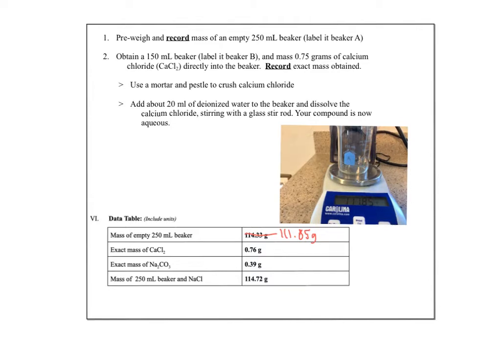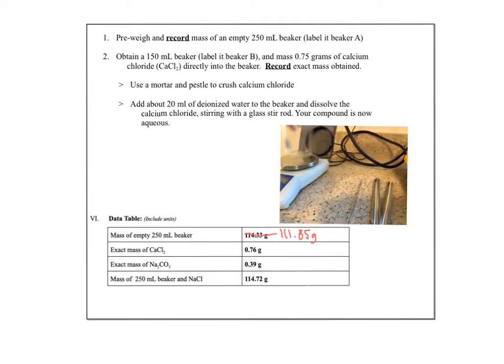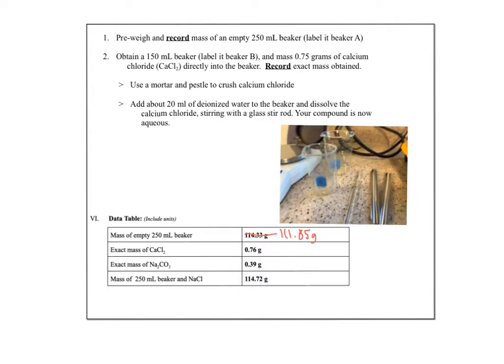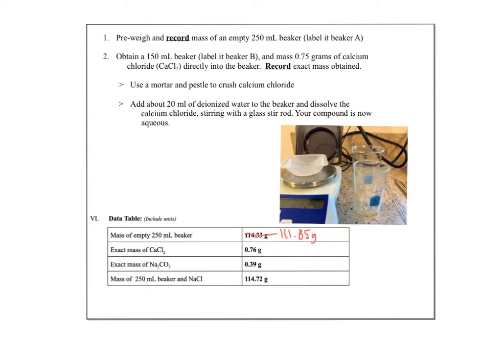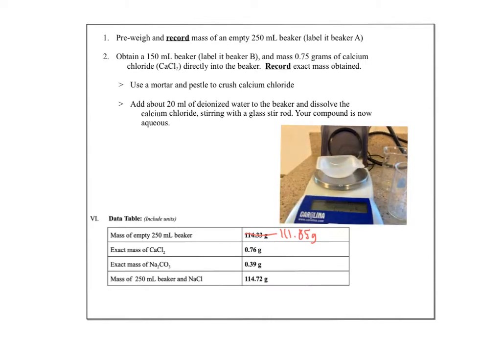Okay, now it says obtain a 150 milliliter beaker and label it beaker B. And obtain 0.75 grams of calcium chloride directly in the beaker and record the exact mass obtained. So I am going to put a weigh boat on here so I don't get my balance dirty. Zero this guy. Calcium chloride. Oh, and it says put it right in the beaker, so we'll actually do that. So I zero it out, because it doesn't say I need the mass of that guy, and I need 0.75 grams of